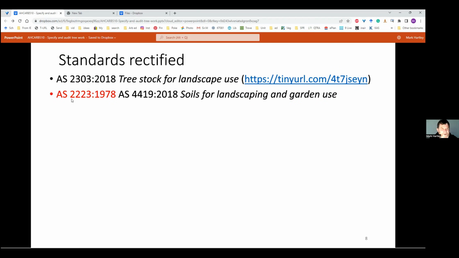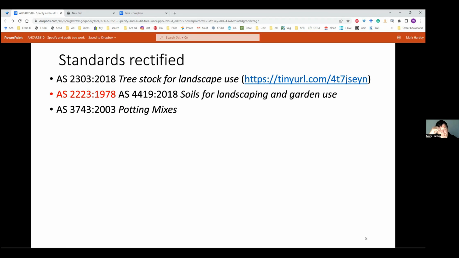Interestingly, our unit also asked for compliance with 223-1978. That's been replaced in 2018 with a completely different standard number. Soils for landscaping and garden use, in most cases, hopefully we're not using them, except in elevated beds. Most cases, the soils that we're dealing with in Sydney, in northern rivers in Australia, are generally suitable enough for gardening without bringing in extra material.